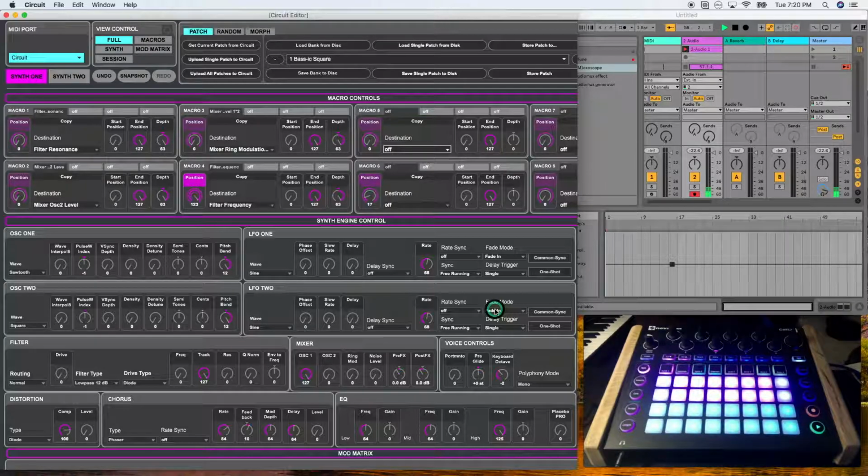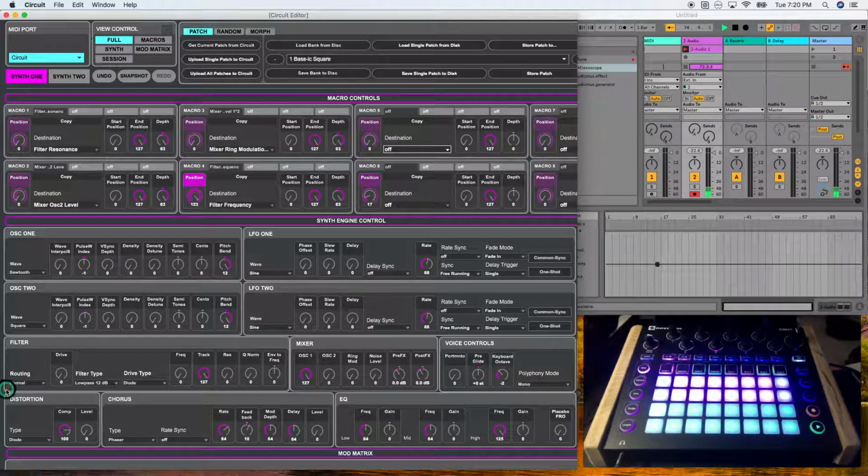So I'm actually going to cover three sections in this lesson: the filter, the mixer, and the voice controls section. All of these are very straightforward, and all of them carry common elements in synthesis. I'm going to go through the concepts today. I'm not going to just breeze over them, but quite frankly, they just won't take as much time to cover as the low frequency oscillator and the oscillator sections because they're a lot more straightforward.